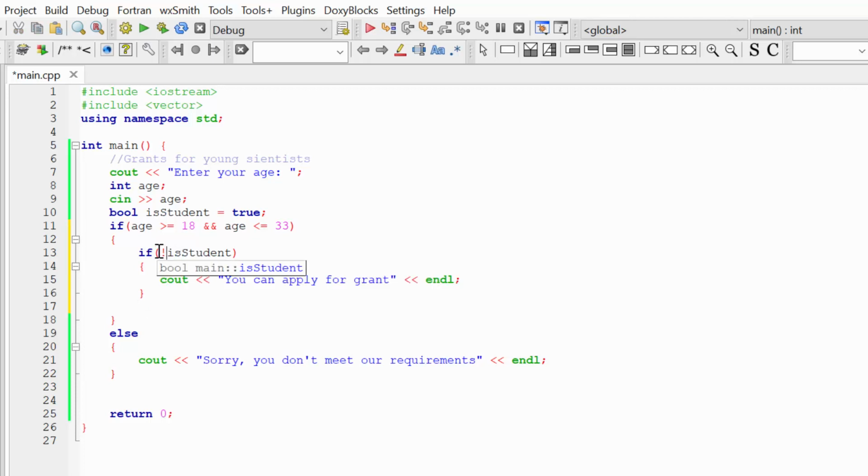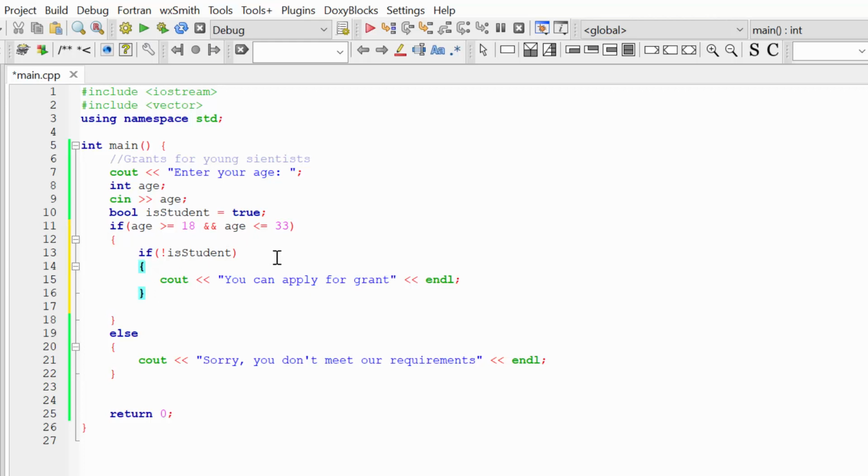If my age is acceptable, I'm going inside of these curly brackets, and inside of the next curly brackets I'm going to have another if-else statement.